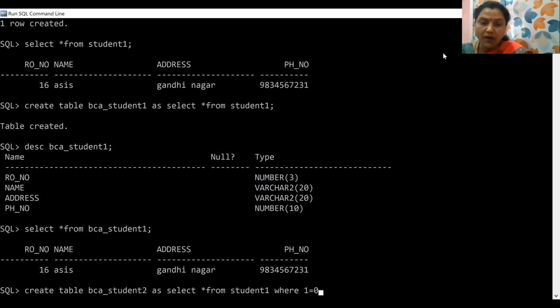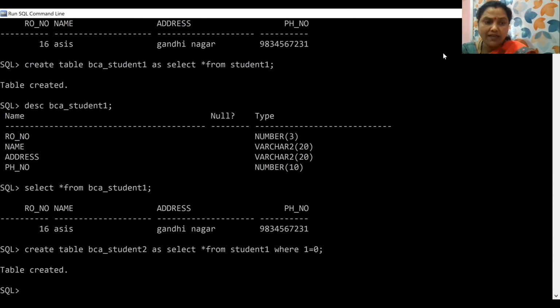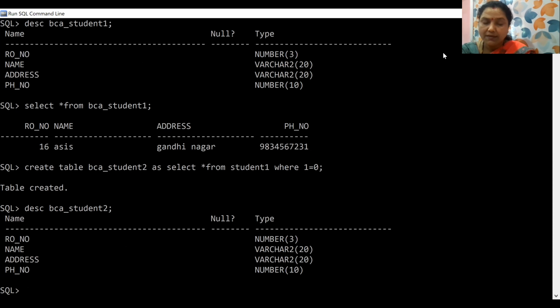What is the meaning of 1 equals to 0? No rows from the student 1 table are to be copied for creating BCA student 2. Let's check. The table has been created. Whether the table has been created or not, you can check using DESC BCA student 2. The table has been created.